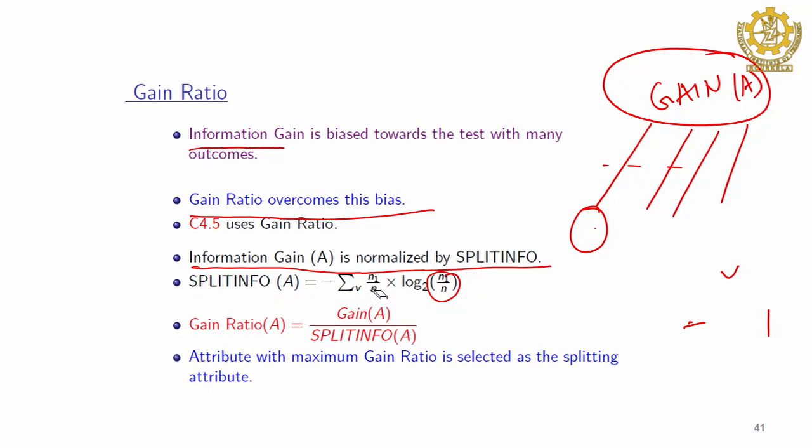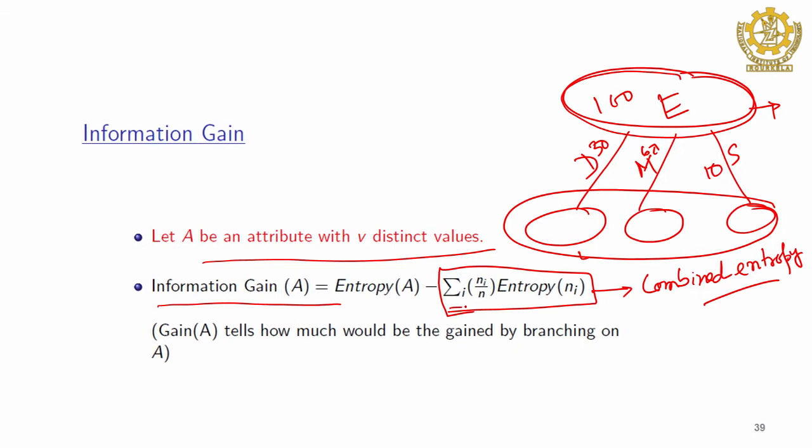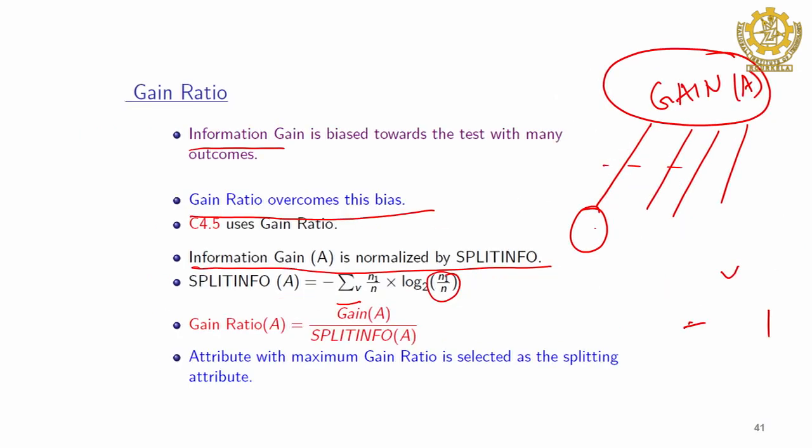Earlier what we were doing, we were summing over the classes. If you go back and see the entropy formula, the summation is actually over the classes, but here it is over the number of branches. Okay. So, it is not exactly the entropy, but it is very close to entropy. So, for this one we compute log n1 by n. What is n1? n1 is the number of objects reached at this node. So, we will take log n1 by n and then we will take the weighted sum.